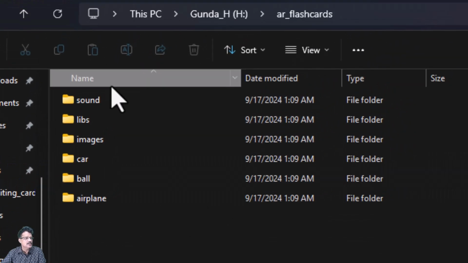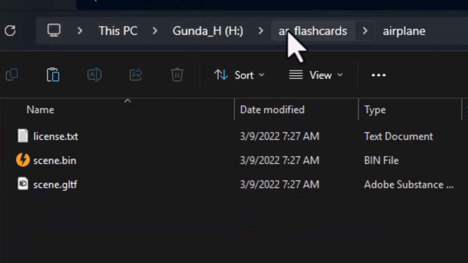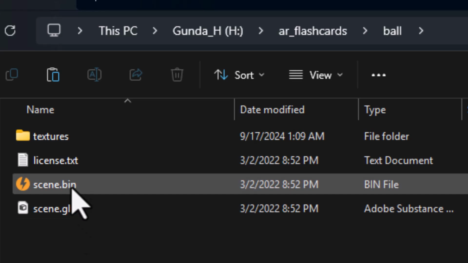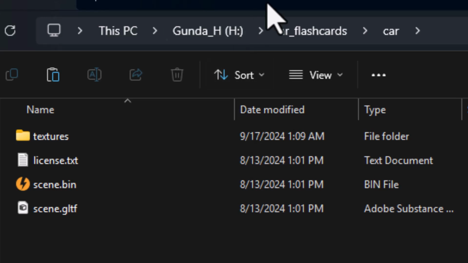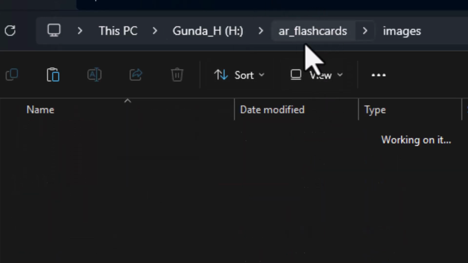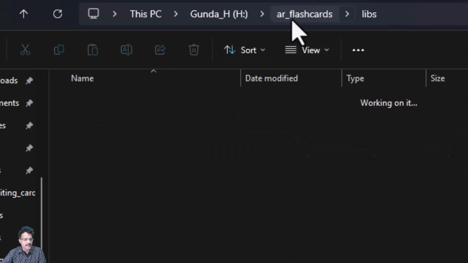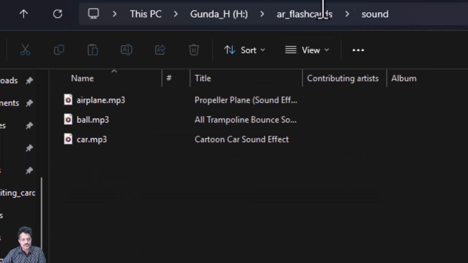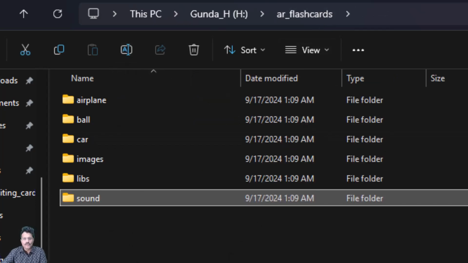So when you paste this, see you have first the aeroplane folder which contains the aeroplane model, the ball folder where you have the ball model, and the car folder where you have the car model. Then in images you have the target images that we are going to use, and in library they are all the JavaScript files. I have put it in this library, and in sound I have added 3 sounds for sound effects, and with all this content present, the only 2 files that we need to create now is,